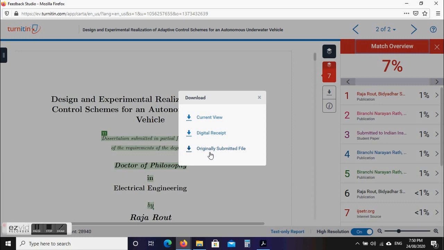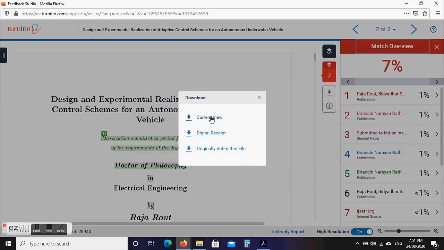Original submitted file means it will simply download the original file which we have uploaded. Digital receipt is simply a receipt that may be required at the time of final submission of your article or thesis. It has some details about the total number of words, characters, file size, submission ID, and this is actually what we need for manual checking of our similarity index.